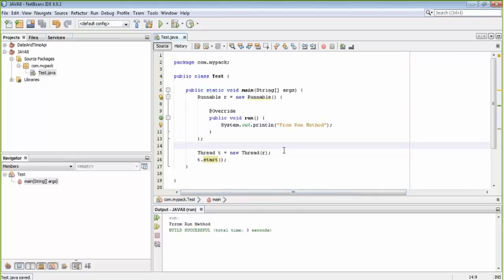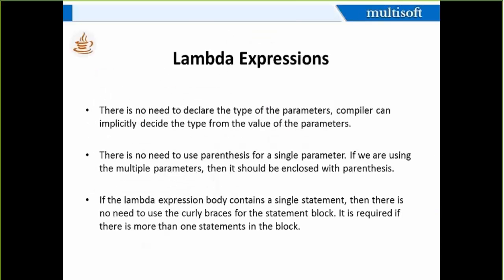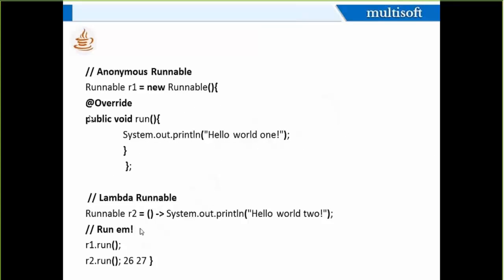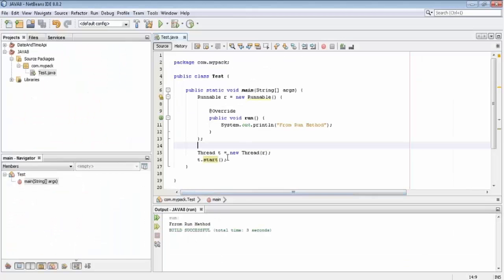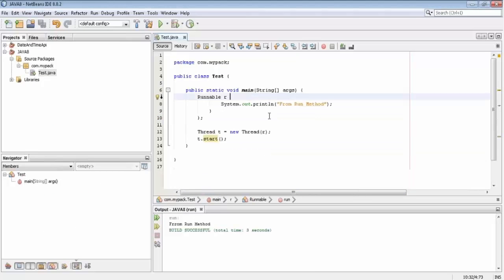Now if I want to replace this particular part with a lambda expression, see how the lambda expression replaces it. Simply, we are replacing the whole interface implementation of Runnable with just this. For example, in place of this, I'm going to remove all of this from here, and I will put simply